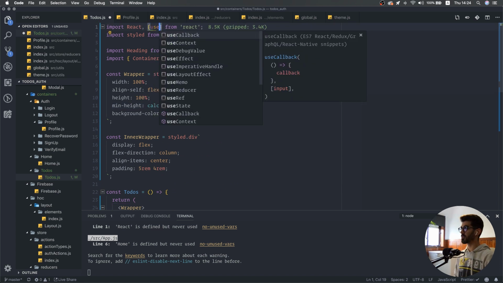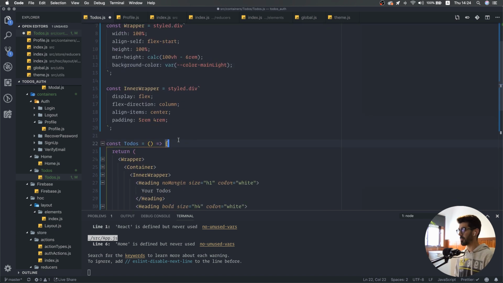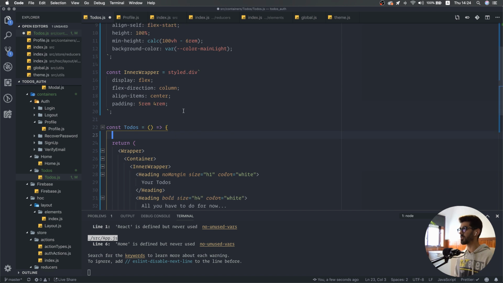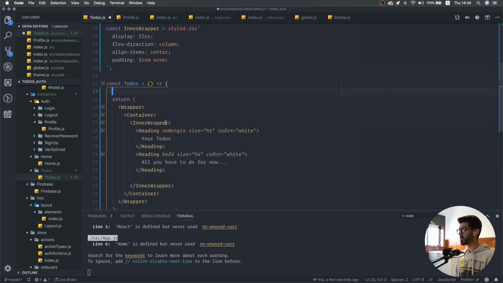import the use state, and inside here, actually, let's extract this. Yeah, I think we should extract this to another component. So the whole thing to add pop-ups, we should add to-dos, we should extract this to another component. So inside our to-dos folder,